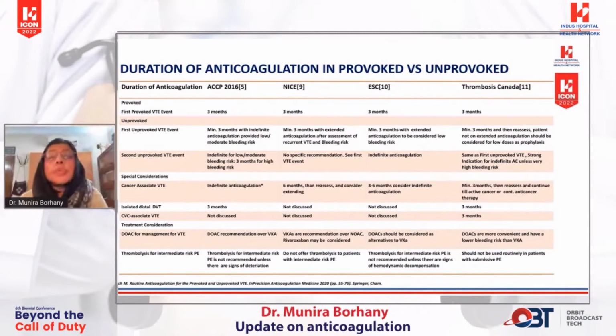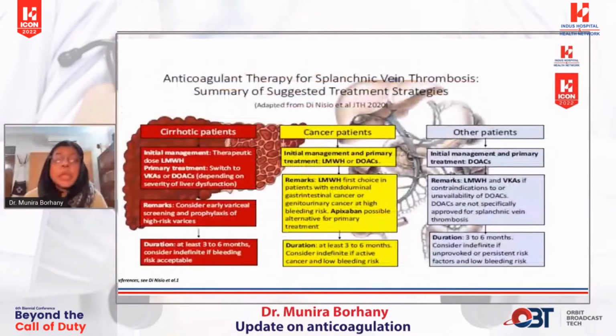लेकिन जहां पे सेकंड अनप्रोवोक्ड इवेंट है या कोई और चीज है, तो फिर हम इनडेफिनेट की तरफ जाते हैं। लेकिन जब भी हम इनडेफिनेट की बात करते हैं तो हमें रिस्क ऑफ ब्लीडिंग जरूर देखने की जरूरत होती है कि वहां रिस्क ऑफ ब्लीडिंग कितना है। अगर रिस्क ऑफ ब्लीडिंग है तो फिर हम वहां पे टेपर डाउन करते हैं डोज ऑफ एंटीकोगुलेशन थेरेपी।